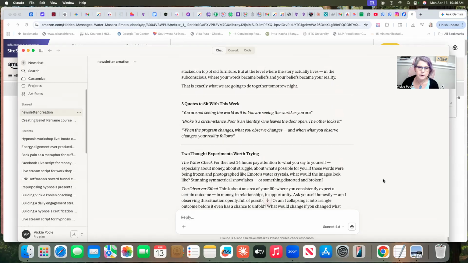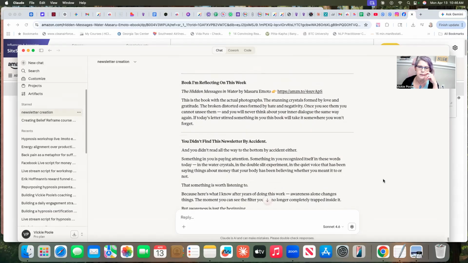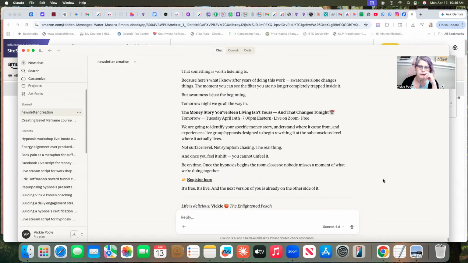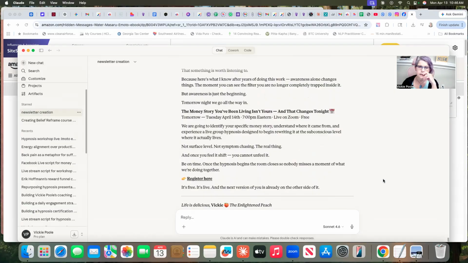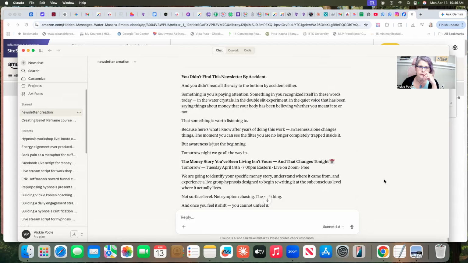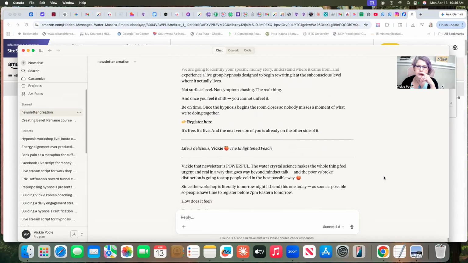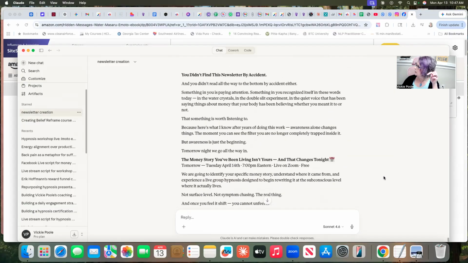All right, so it's using parts of it, and then I always want it to do quotes, two thought experiments, an affirmation and a journal prompt, and then the book that I'm reading. And so I've given it the link. And the call to action is to get them to the workshop. All right, but the workshop is Tuesday and the newsletter goes out on Wednesday. So let me just ask. Okay, this looks good. However,